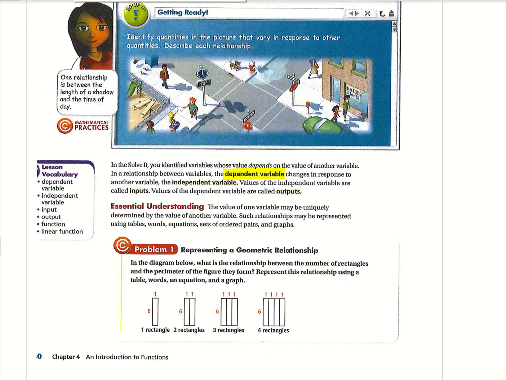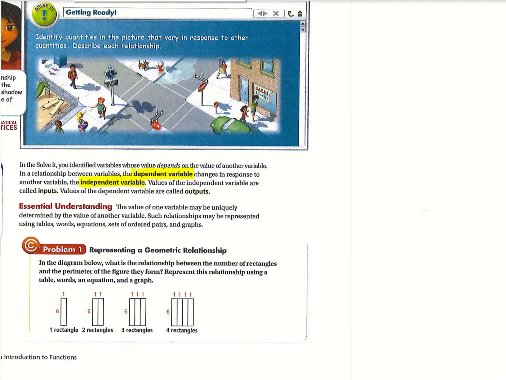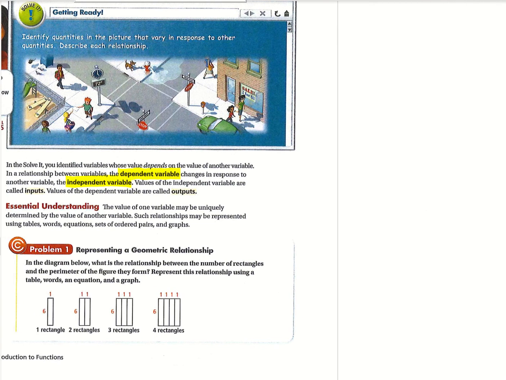It's highlighted already for you, but it's super light on here, so I thought I'd just highlight it again. The dependent variable changes in response to another variable, which is the independent variable. That is what they define those two as. The way that I prefer to remember it, and again, I'm sure you've heard these terms before, it's totally up to you how you remember which is which. But I just always say the independent, it's kind of in the